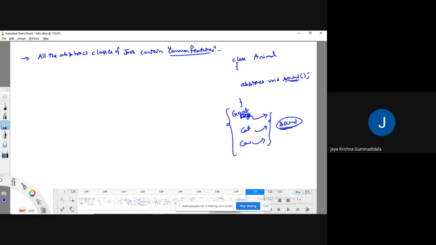I can give that. But there are some kinds of operations which are common, like total number of legs. If I give this as abstract to this goat, cat or cow, all those are the same or not? Yes. Why do I need to give it to them?